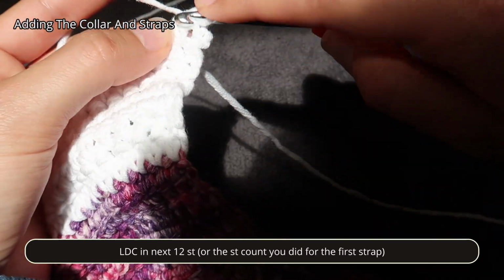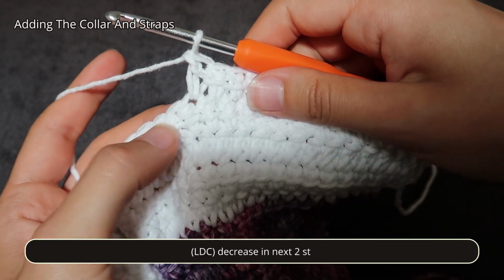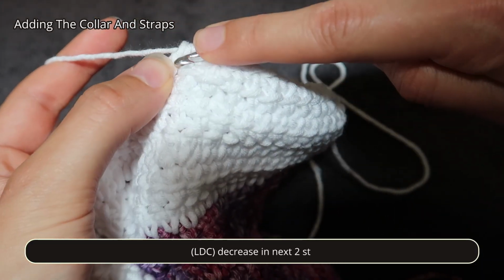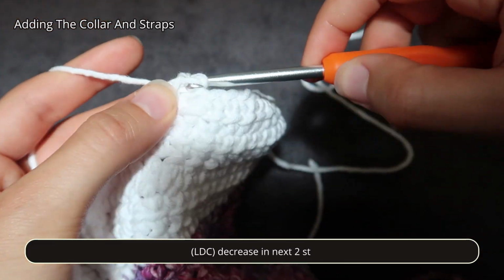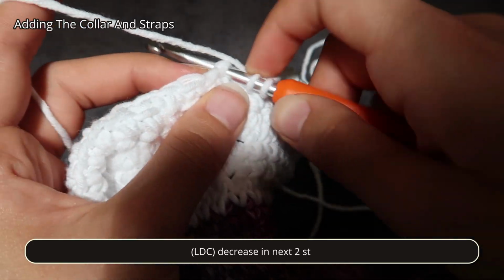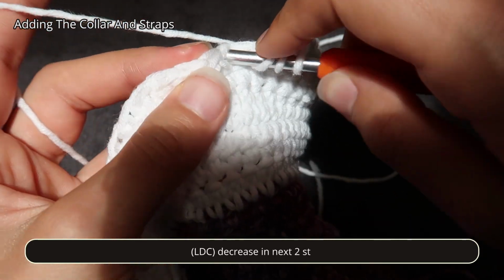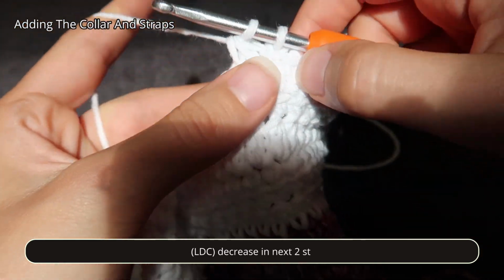So that was 2, and now I need to go ahead and do another 14 stitches. I now just have 2 stitches remaining before I reach those 16 stitches. So I'm going to go ahead and do a decrease in those last 2 stitches. So I'm going top down into the horizontal bar of this last stitch here. I'm then going right into the next stitch, which is the 15th stitch, picking up some yarn, and then I'm going into the 16th or the final stitch here, picking up some yarn, pull through 3 loops, and then pull